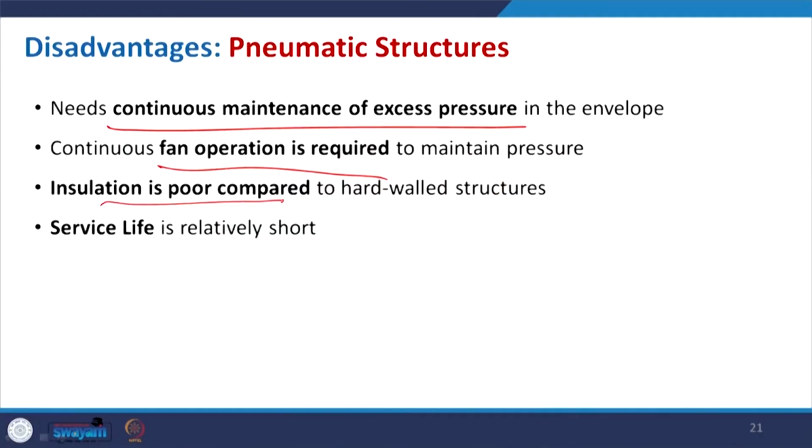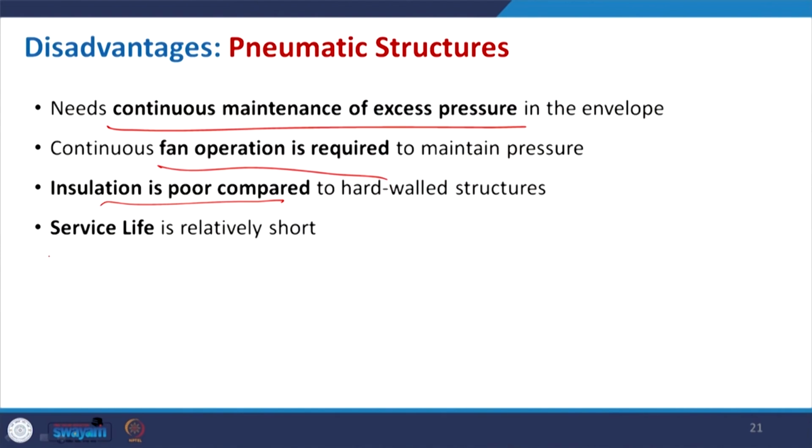Insulation is poor because of the thin member; it has poor resistance to thermal effects. But if we go for good materials, such as polytetrafluoroethylene or some coated material, that can be used to a greater extent and ease some of the problems. Service life is relatively short because each time you inject air and then remove it. So, it will not have the lifespan of a concrete frame structure or masonry structure,